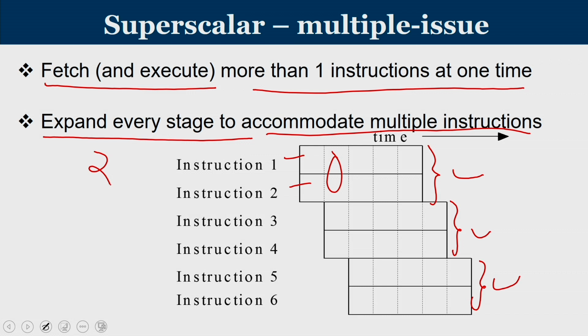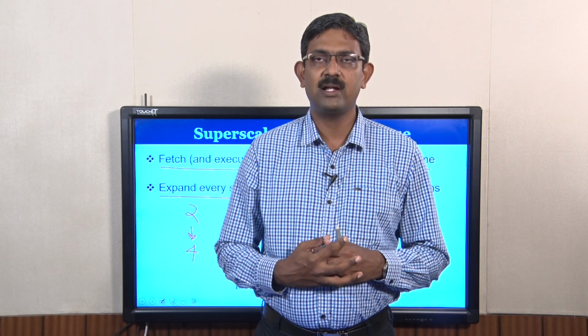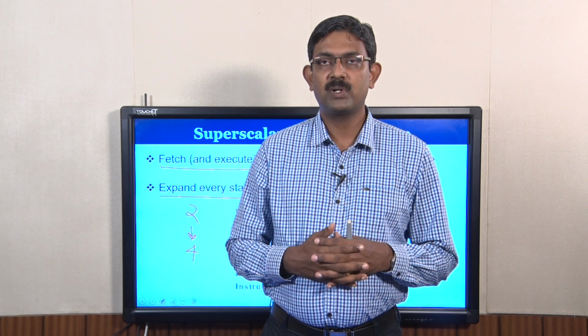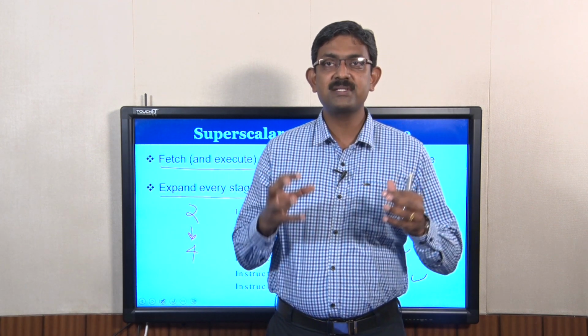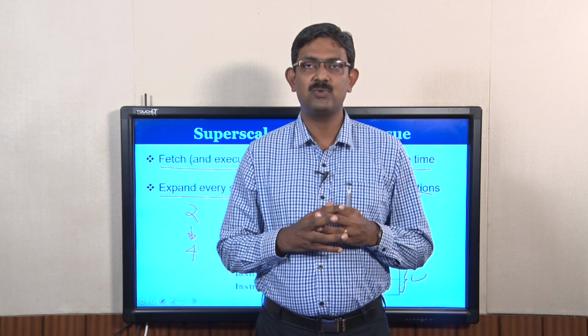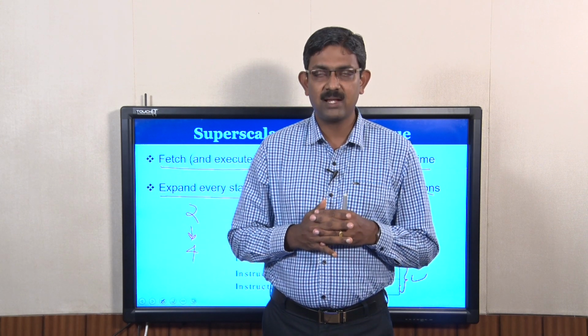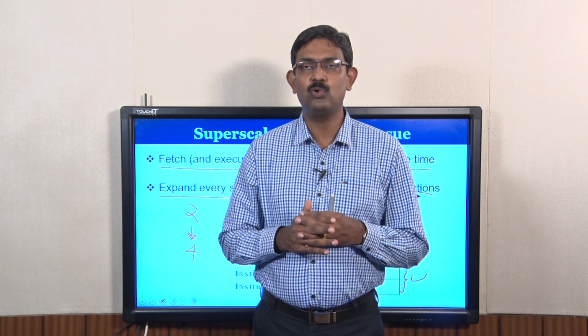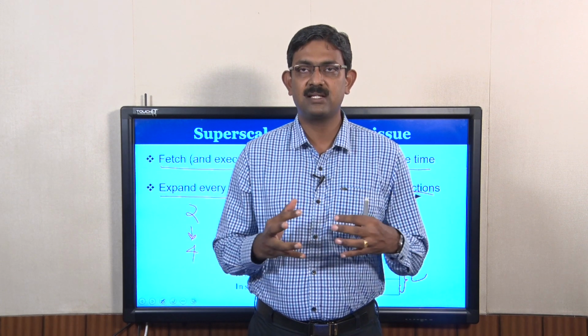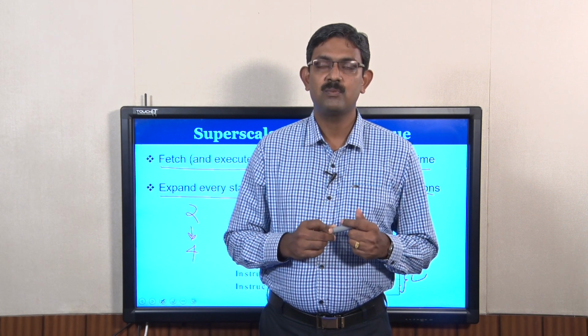When the number of instructions fetched is 2, I decode 2 instructions. I can make it 4. This is called 4-wide issue. So, there will be 4 instructions that are going to get completed in unit time. Essentially, the number of instructions handled per clock cycle is larger than 1, and that makes it a superscalar processor. So the word superscalar basically means if the CPI value, cycles per instruction, is less than 1, or the IPC value, instructions per cycle, is larger than 1, that is called a superscalar processor.